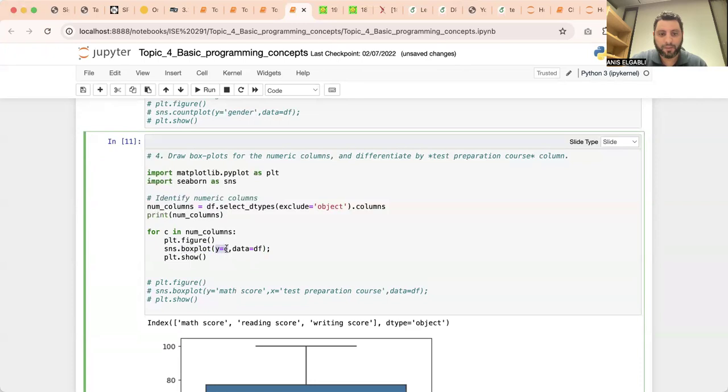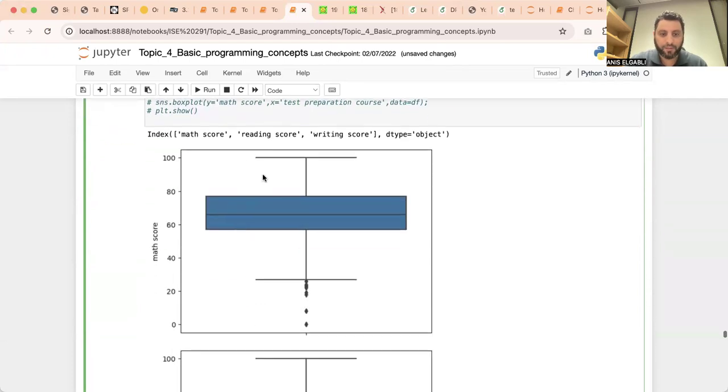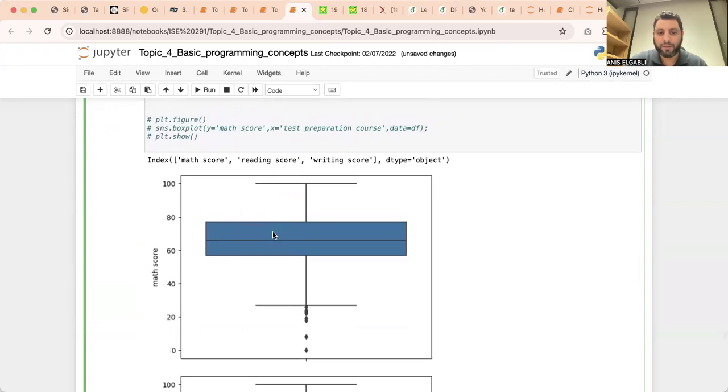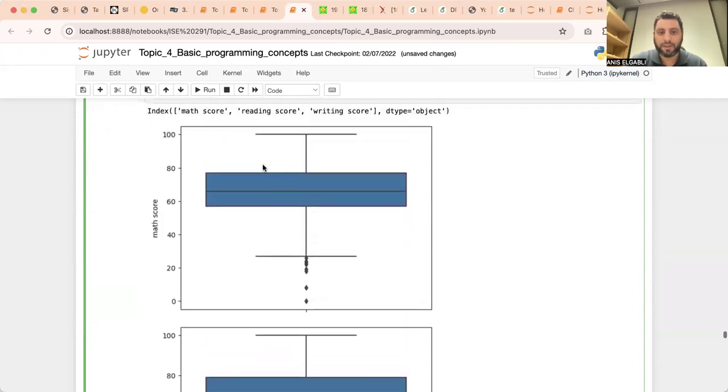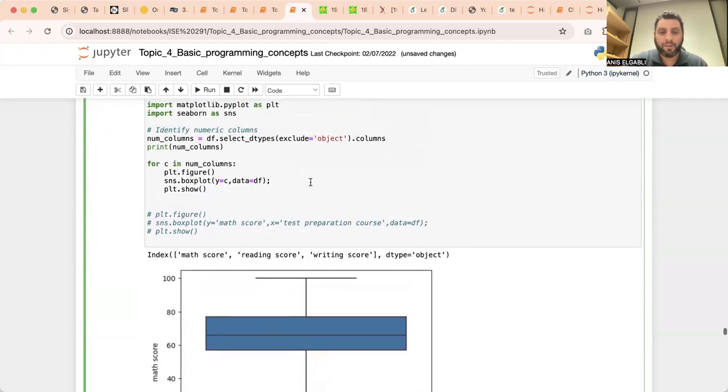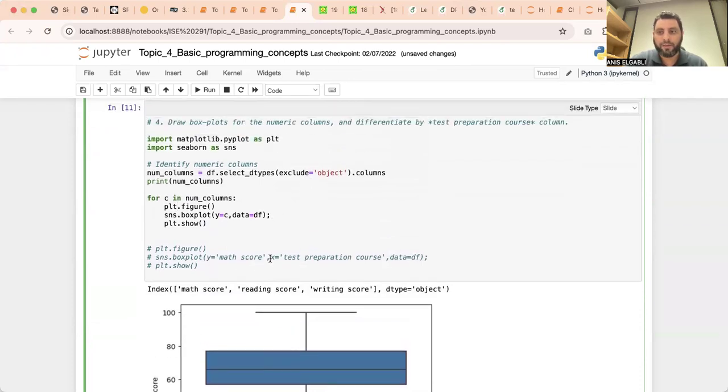Okay, y is equal to the column name, so we are plotting them this way vertically. Okay, so we are plotting the box plot for everyone. So these are the statistics of everyone. Okay, now I want to plot the statistics of every attribute, but differentiated by the value of this categorical attribute